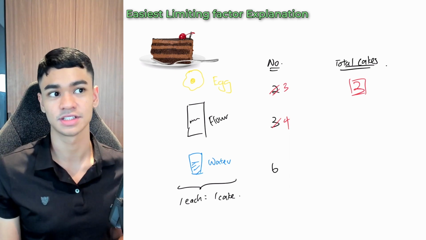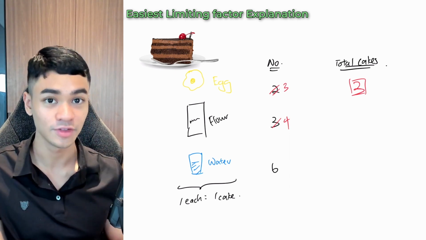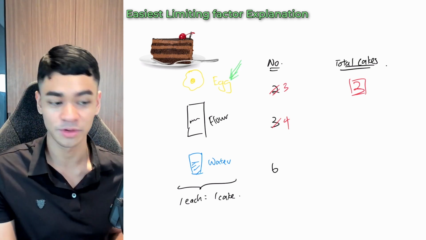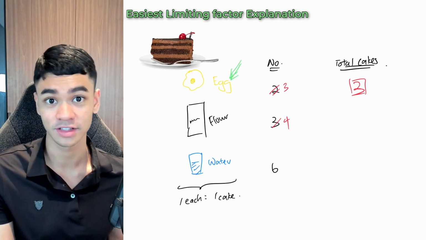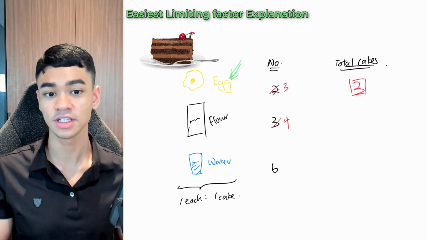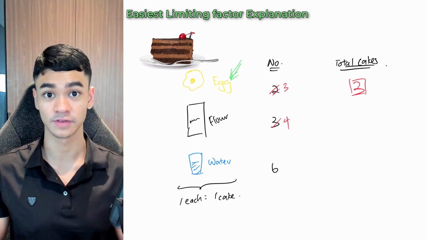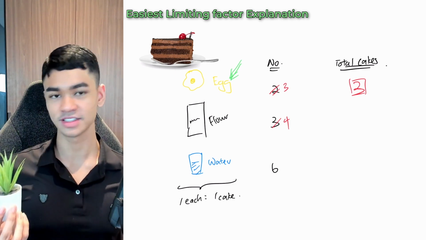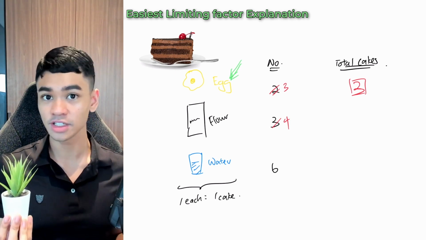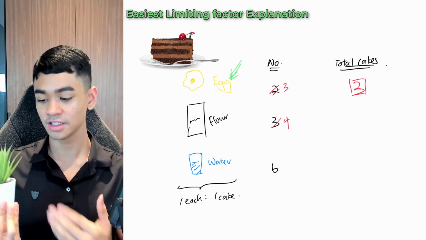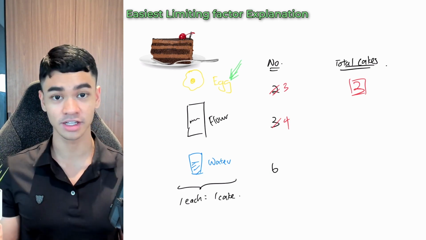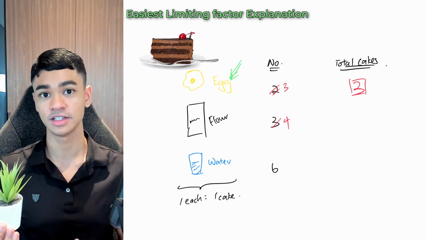So which is the limiting ingredient? And if you answer eggs, then that means you already understand the concept of limiting factor. So limiting factor just means if you increase that factor, you will increase the overall rate of the reaction. So example, this plant is in a very dark room. And if we increase the light intensity, if the photosynthesis goes up after that, that means light intensity was a